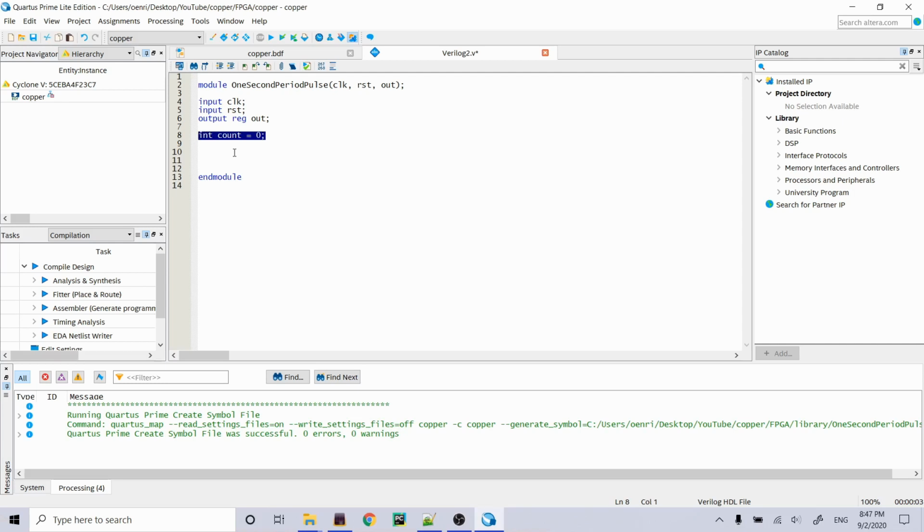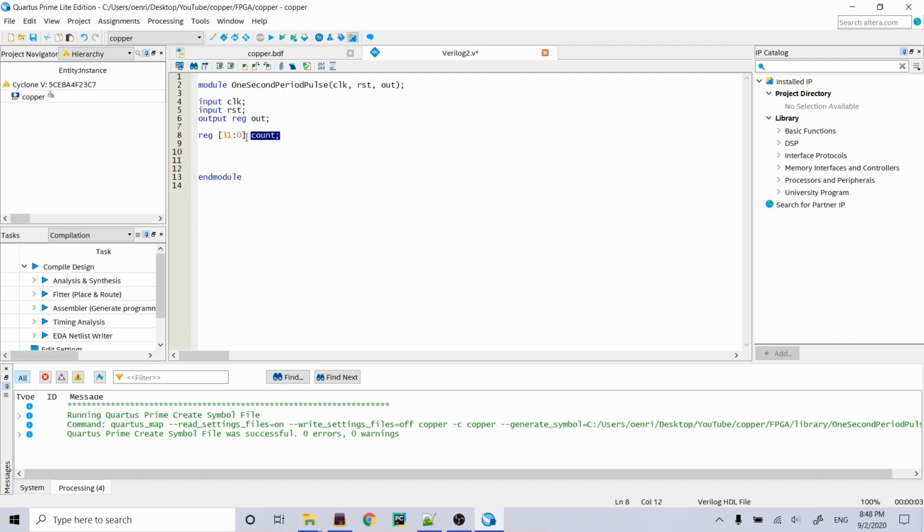So what we're actually going to do is create a register, and we're going to tell it how big of a register that is, how many bits it is. So if you're going to do something like C++ with a 32-bit integer, you would actually define 31 to 0, that says it's 32 bits, and then give it a name, count. So this actually brings up an